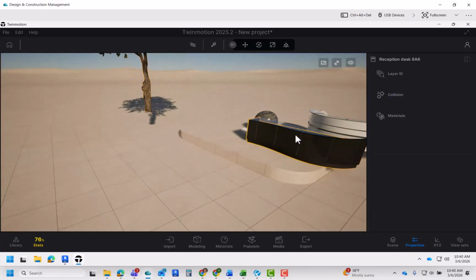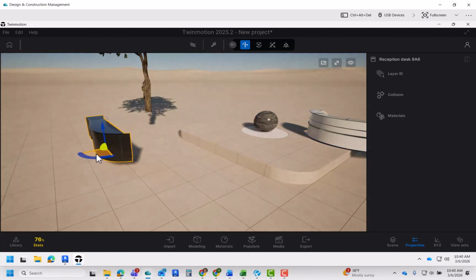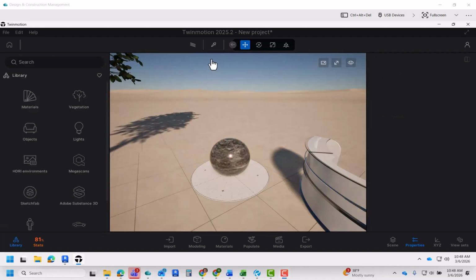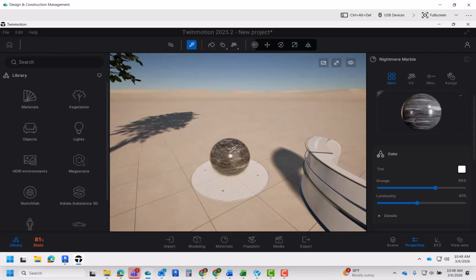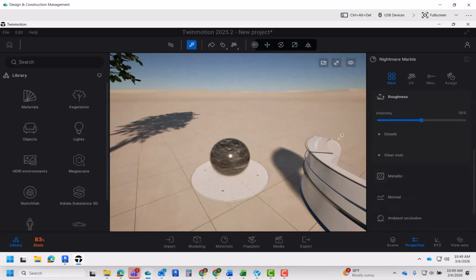Okay, and then the last thing that we'll do is we'll look at materials for an object in our scene. Let's take this and use what we know how to do now, move something out of the way. And then I'm going to come up here to this eyedropper tool. And what the eyedropper does is it allows you to select the material for an object. So you don't select the object itself, you just select the material. So here we've got Nightmare Marble showing up, and you can see that there's sliders for adjustments that you want to make. I'm making it brighter, I'm making it darker, lots of other properties here that can change the appearance